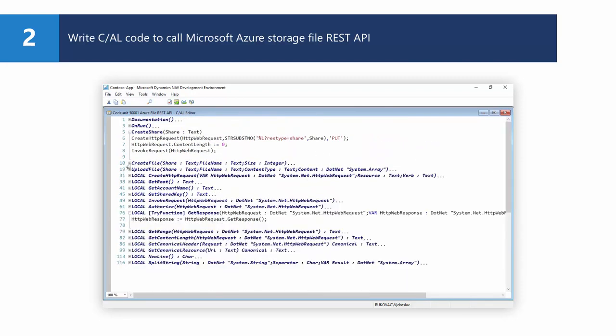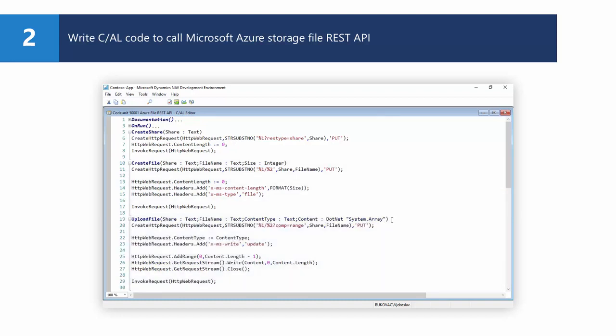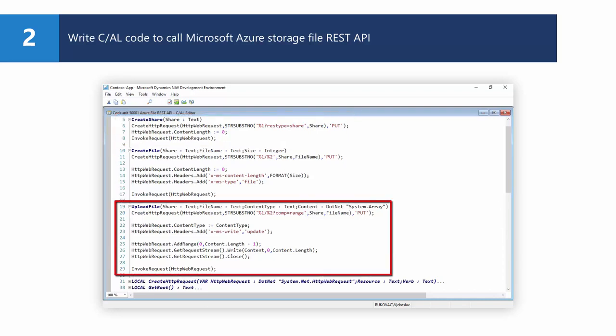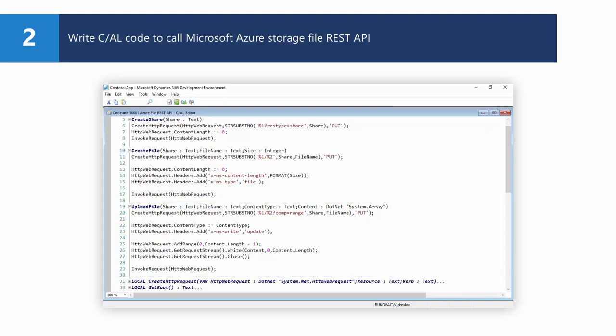Now I have 3 demo functions that consume this infrastructure to perform specific REST operations: creating a file share, creating a new blank file of a specific length, and uploading content to an existing file. First, the createShare function creates a new request with a URL in the required format prescribed by the REST API, then explicitly sets the content length to 0, which is also mandated by the API, and finally calls the invokeRequest